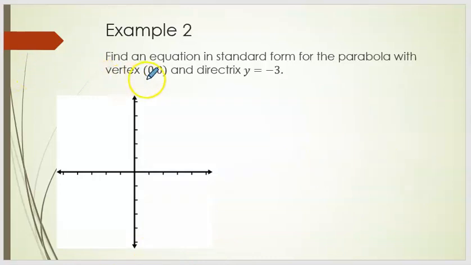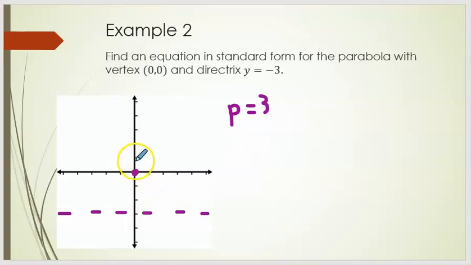For the next example, we have a vertex at 0, 0, so I would draw the dot there. And they've given me the directrix is the equation y equals negative 3. So I know that I go down 3, and then this is the line that my parabola is going to avoid. Now right away I can look at the distance between these two objects to find that p is equal to 3 in this case,